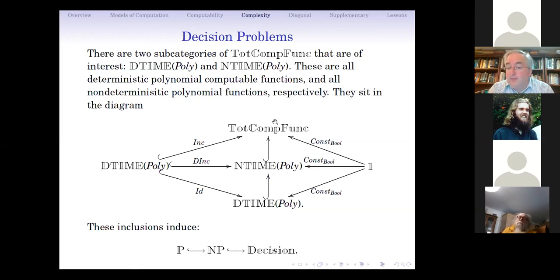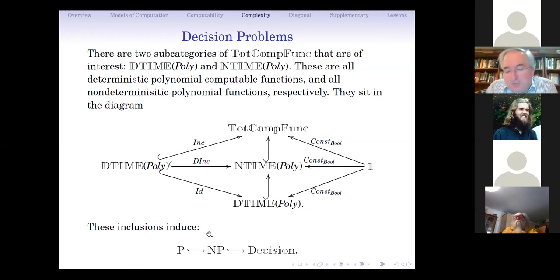These complexity classes include into total computable functions, and so you get an inclusion of comma categories, and P is a subset of NP, which is a subset of decision problems. So this is a proper way of saying the P equals NP problem. We know that this category is a subcategory of this. We don't know if it's a full, well, by the way, the objects of these categories aren't bijective, so we're just talking about whether or not it's a full subcategory or not. Okay,